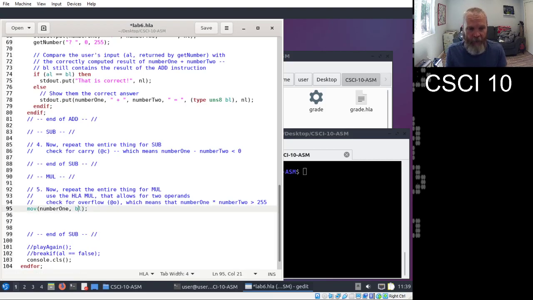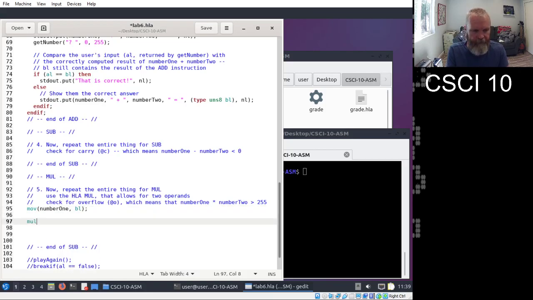I have to move number 1 to, well, I'll show you the problem. So what I want to do is mul number 2. So I'll do it wrong just so you can see it. That's kind of what I want, right? The problem is, I'm not allowed to do mul with BL. This has to be AL. It has to be.